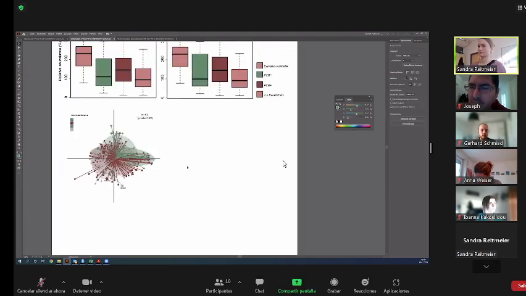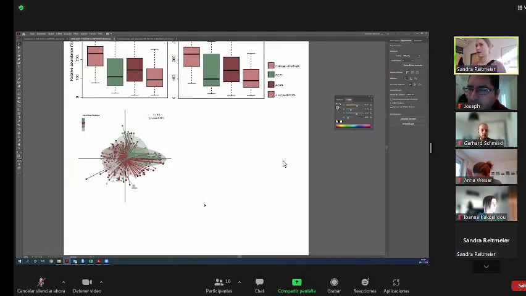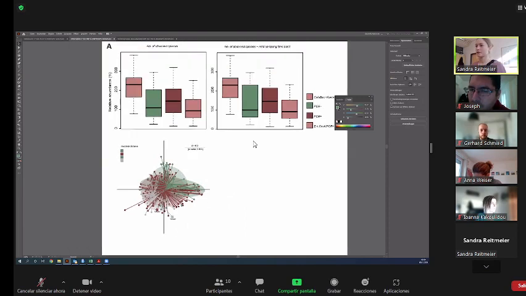So good. Now we have it here, but as I said before, the labels are too small because we have another label size here and we need to modify it a little